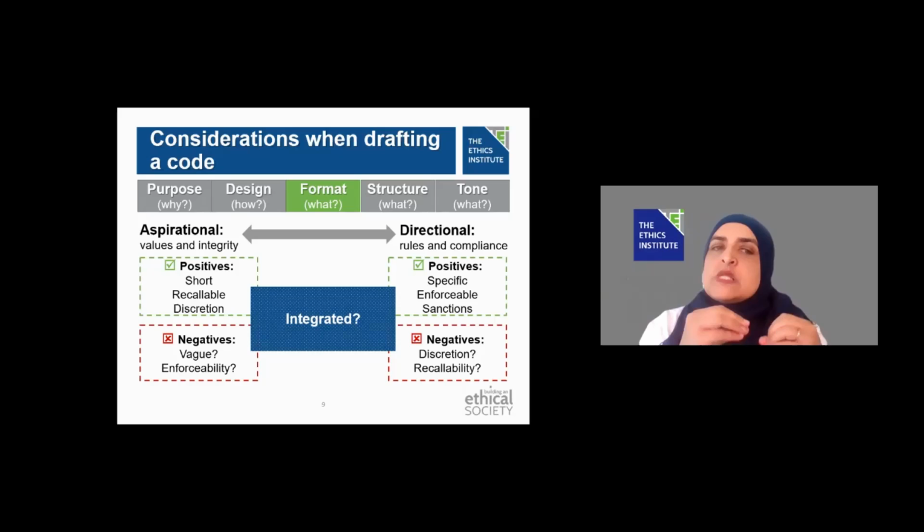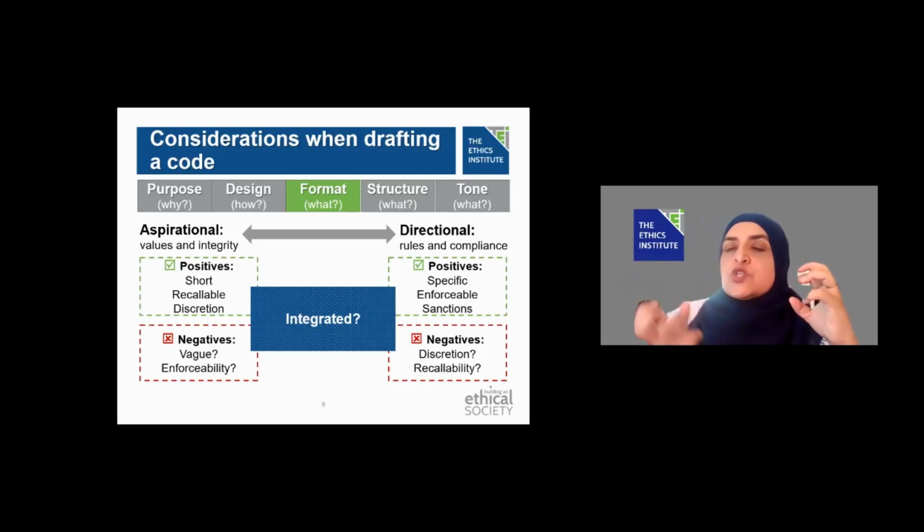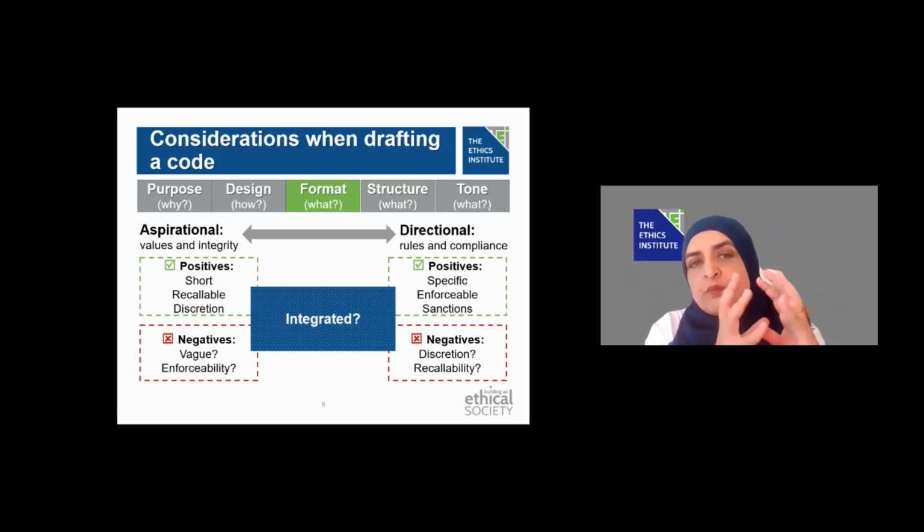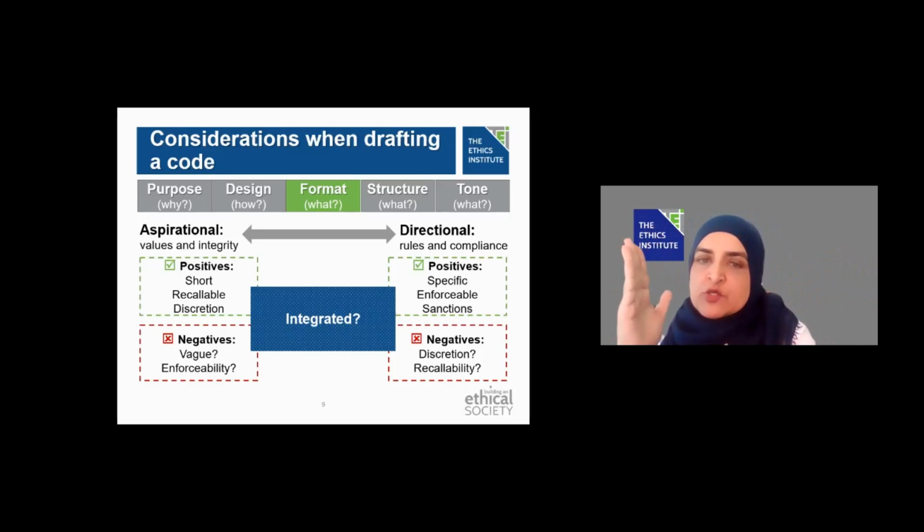Now, what we're starting to see a lot is many organizations opting for some sort of integrated document, because they are finding that aspirational documents tend to get a lot of support and buy-in from within the organization. And when they're developing their codes of ethics, organizations are incorporating issues around behavior within the code of ethics. So earlier we would see short and sharp code of ethics documents that are really only about values of integrity.